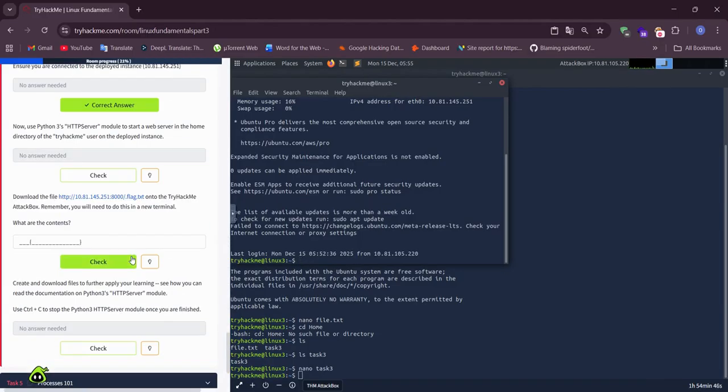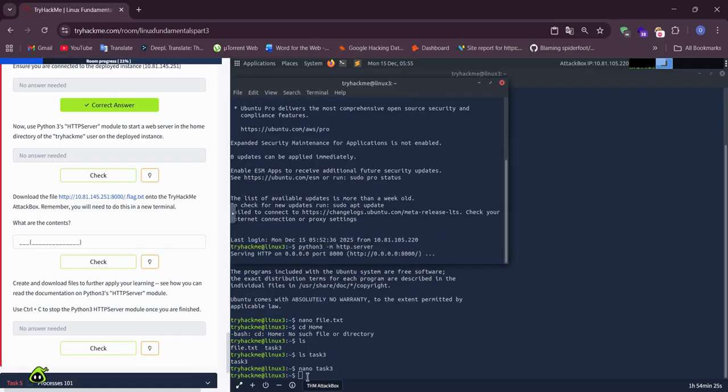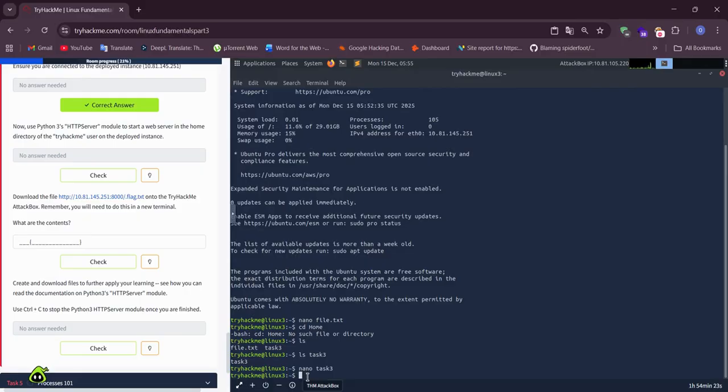We must create a server with Python 3, python3 HTTP server. And we use the command to download this file.